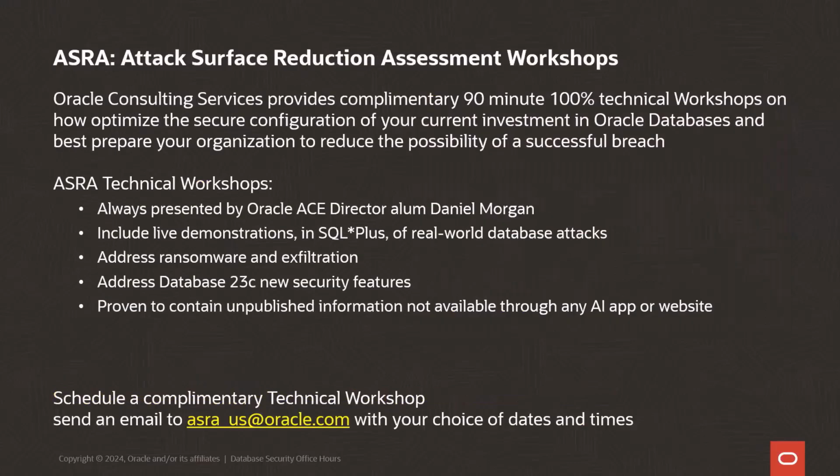From Oracle Professional Services, which is my group, we have something called attack surface reduction workshops. And the workshops are complimentary. There is no cost for them. There is no paperwork. There is nothing to sign. Any Oracle customer that has an Oracle database license, and it requires one database with one license for one CPU core, so that we qualify you, can send an email to